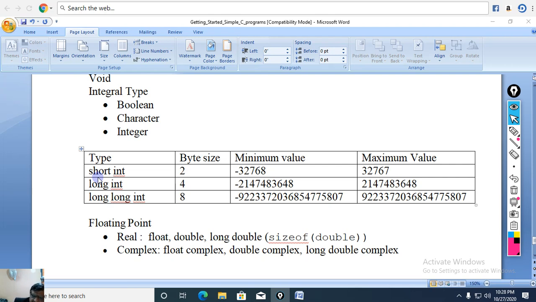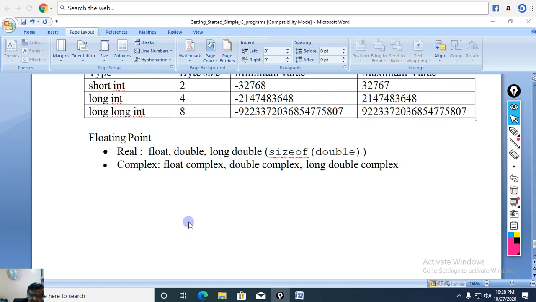If we try to contain a huge value in a short integer category, overflow will occur and the answers that we see on the screen will be disastrous. Long integer will consume 4 bytes and it is equal to this. Anyway, there is no need to mug this up, it is not required. But please be aware that this can hold huge values of answers or inputs, depending on the situation.